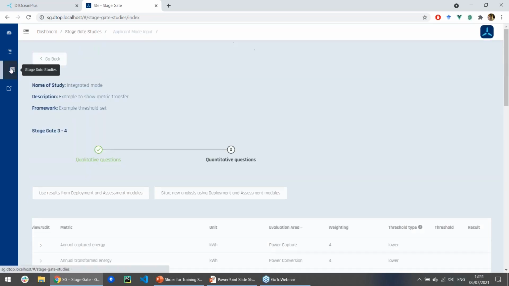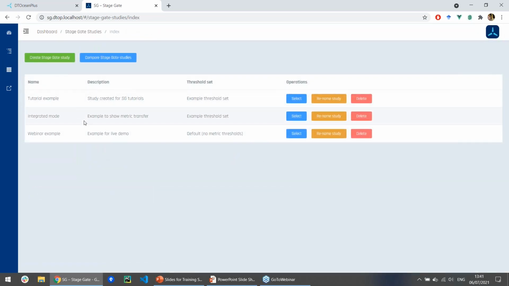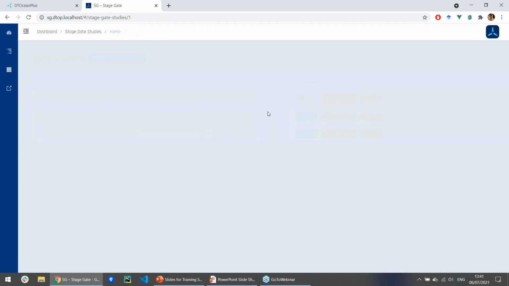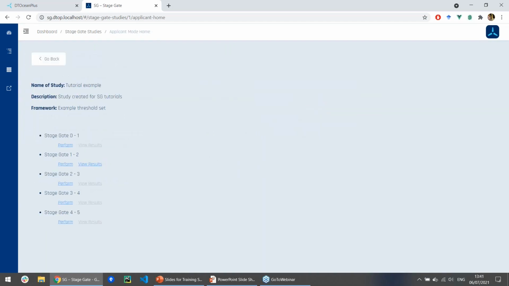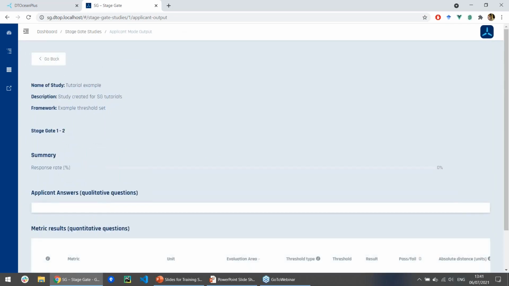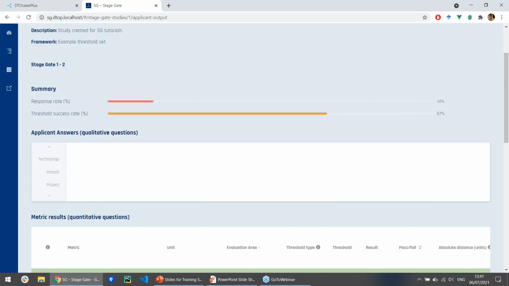Okay, and now I'm just going to jump back very quickly again to show an example set of outputs. So we go back to this tutorial example and view the results. This is just a slightly nicer example because I've set thresholds in this one. So you get the response rate, which is the overall progress, and the threshold success rate. In this example, I set 3 thresholds, and this is just how many of them have passed and how many have failed. So you can also get the applicant answers reprinted again